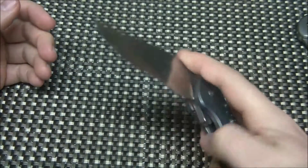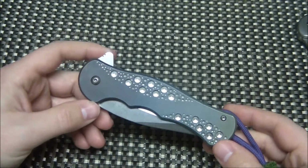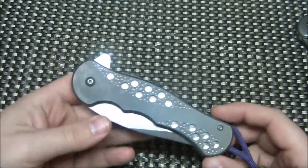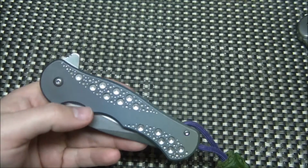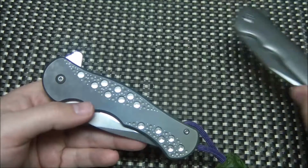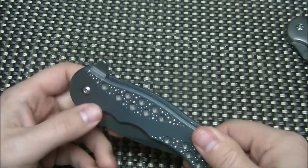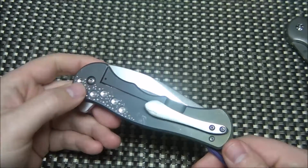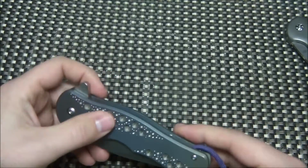It's got a VG10 blade, which is not a bad steel. A lot of people love it. It sharpens easily, has decent edge retention. So this is one of the fizzed models. There were different stages of the Dorado MidTech. Some that were plain titanium, some that had the fizz, different levels of the fizz, the anodizing. This one's got like a multi-anodizing. It looks like there's kind of a green hint to a bluish. The fizz is a really cool